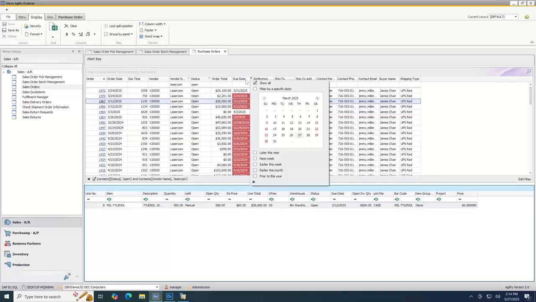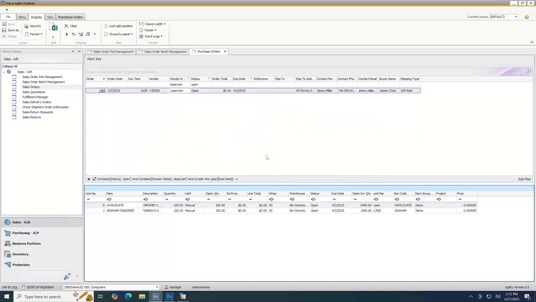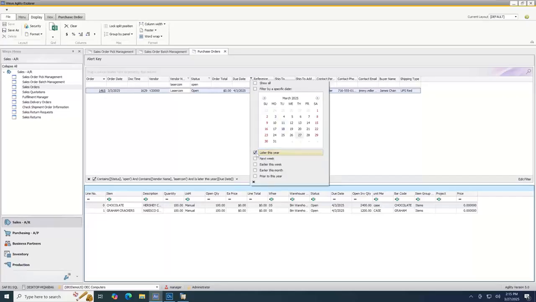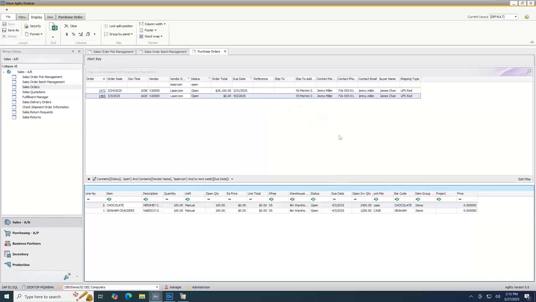Now, again, I can select this filter and look at a specific period in time, later this week. I only have one order with a due date later this week. I can really scope into that and drill down into that information, and look at next week. So I've selected some filters. I've filtered by name and by status, and I have that information here. And I can see everything that's on that purchase order, and what's open, what's available, and where it's going to,